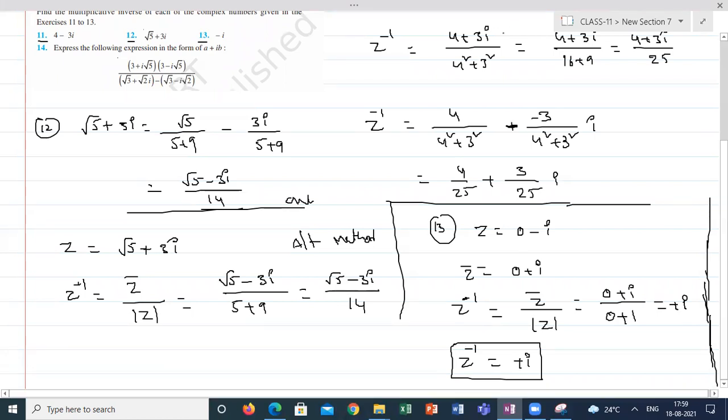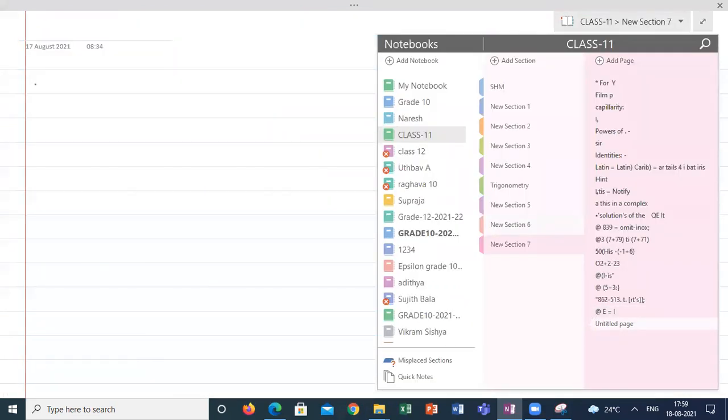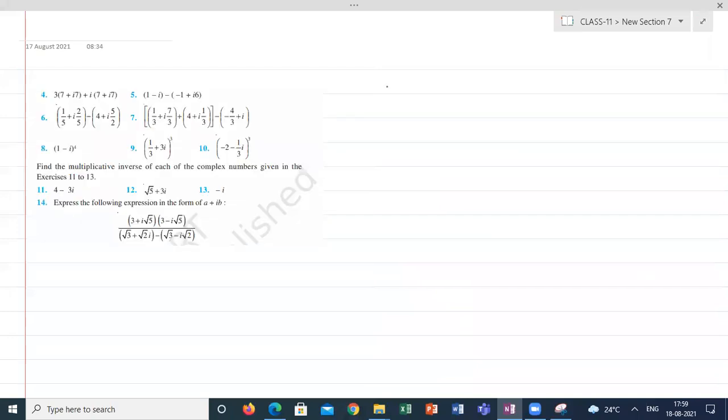So the last one we can conclude, and tomorrow we will go to the quadratic equations. After the quadratic equations, I am going to the Argand plane. That is the last topic. I will try to take the class this week itself to wind up the complex numbers. Let's see. I want to check my plan also.